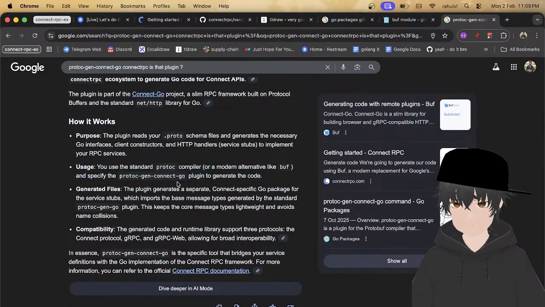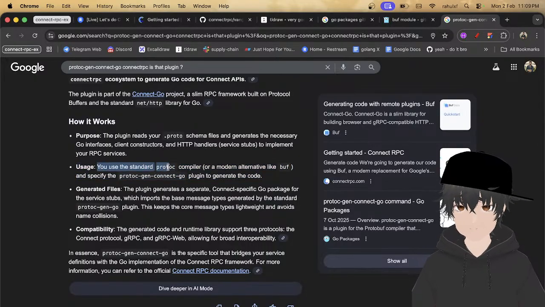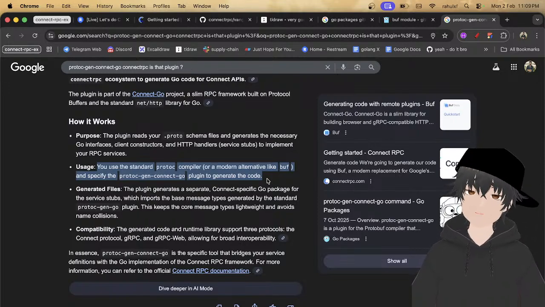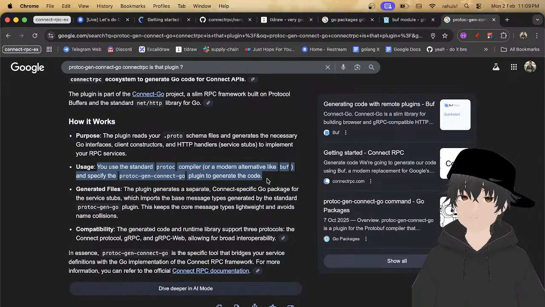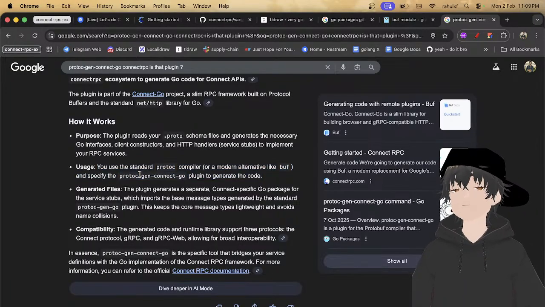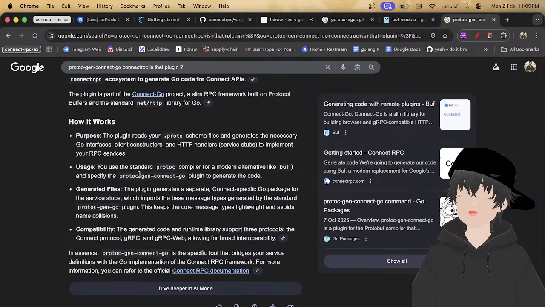You use the standard protoc compiler or a modern alternative like buf, and specify the protoc-gen-connect-go plugin to generate the code.